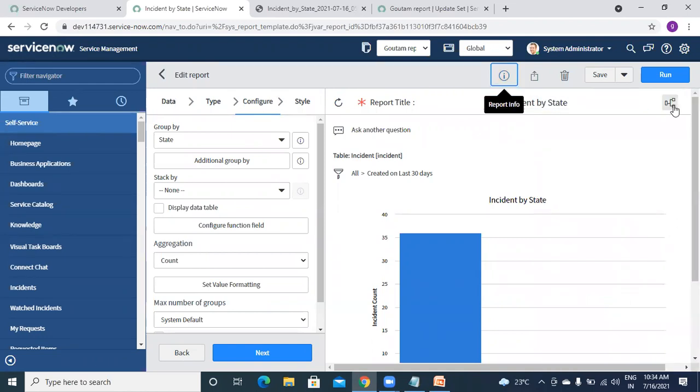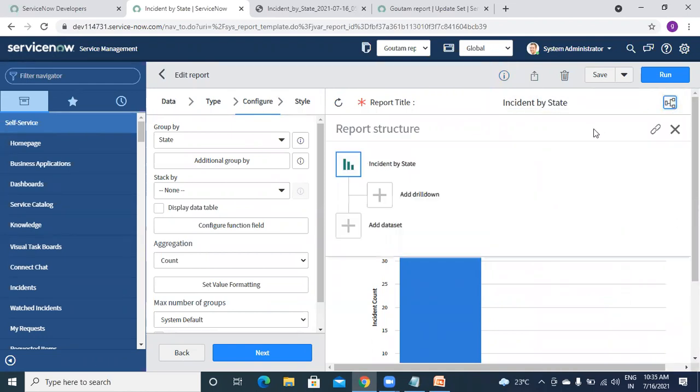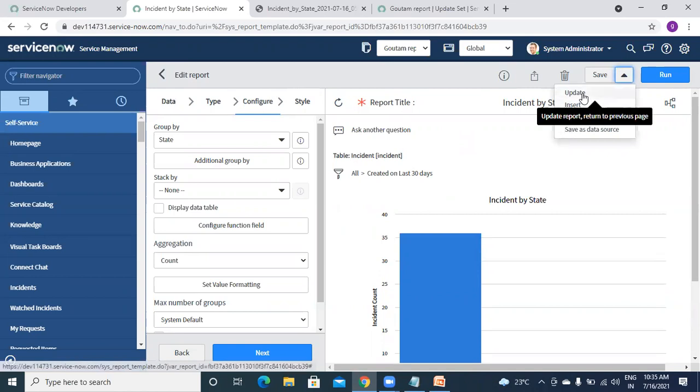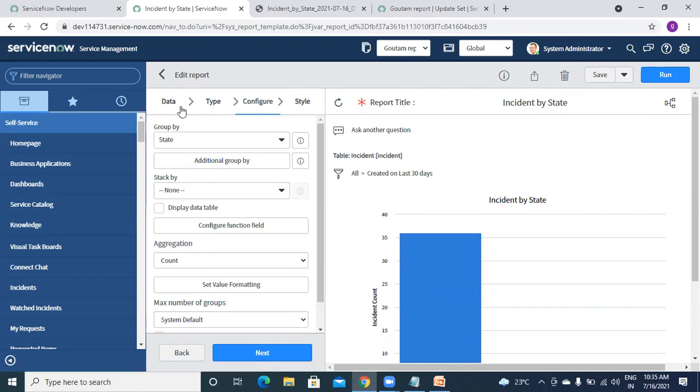And we have this option here also, if you want something like a report structure, parent, child, you can do that from here also. And this is about the bar report.